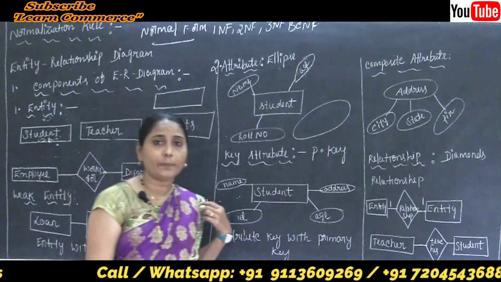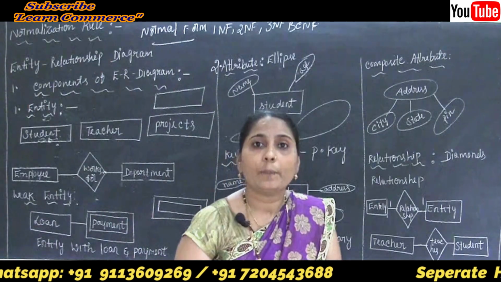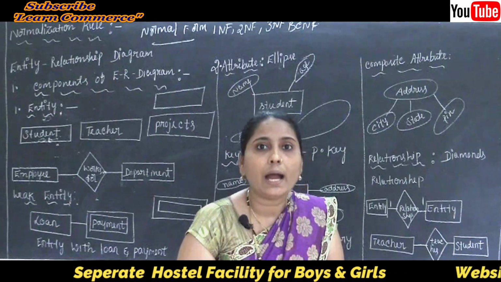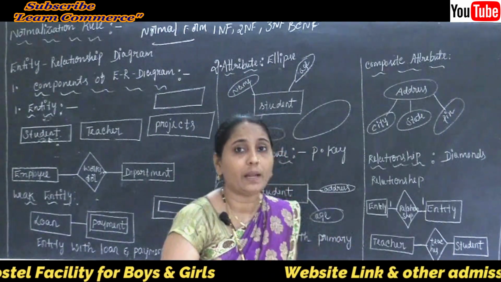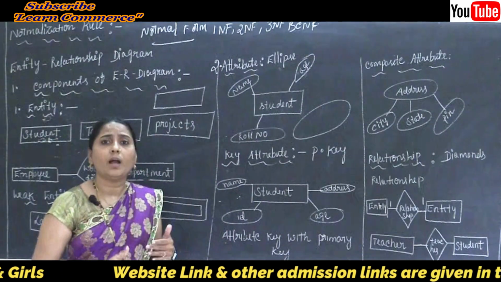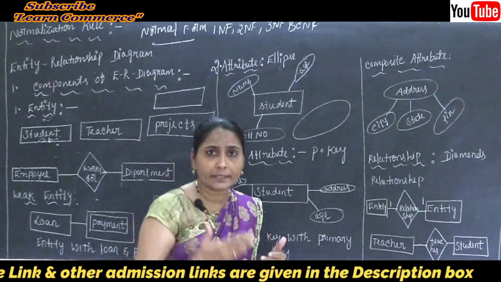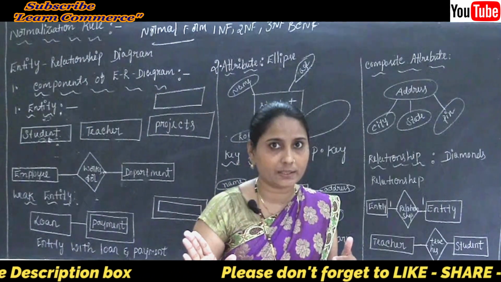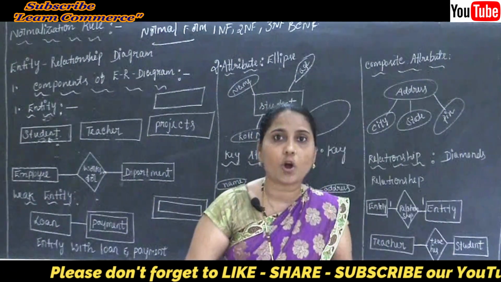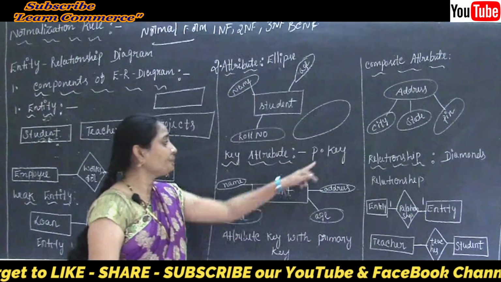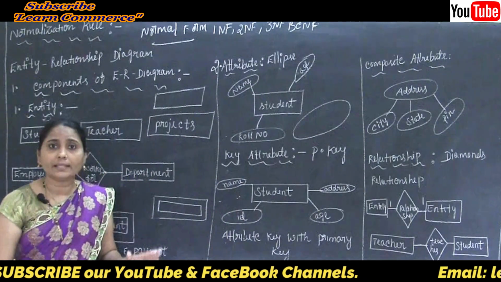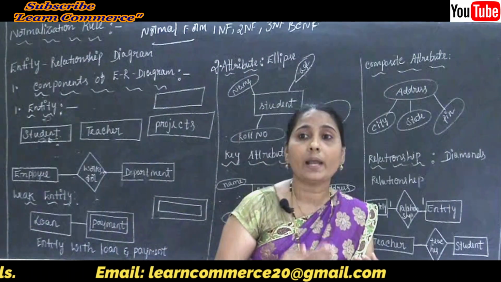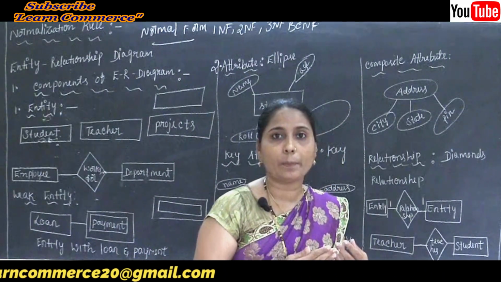Now what do you mean by a primary key, or which key is called the primary key? The primary key is a key that uniquely identifies each record in a table. That meaning is very simple here. Whatever value we enter, such a value needs to be entered only once. Such a value is not going to repeat again in this record or in this column here. So this is the meaning of our primary key. So we can say that the key attribute is the main column of the table, the main characteristic of an entity here, and it is used to represent the primary key.